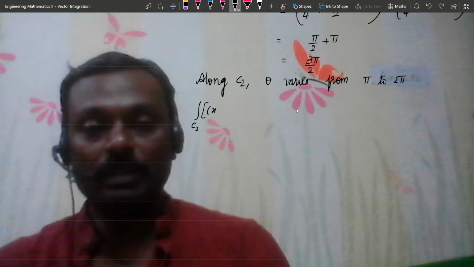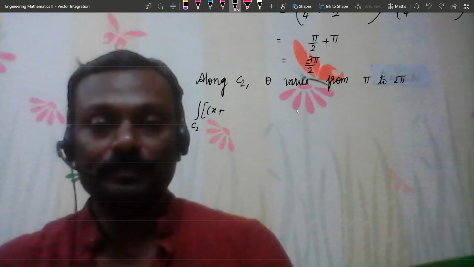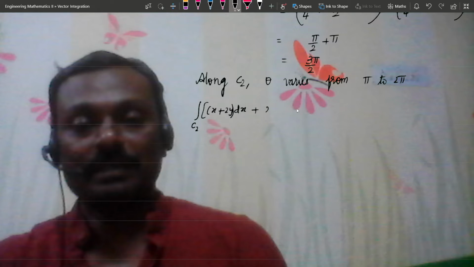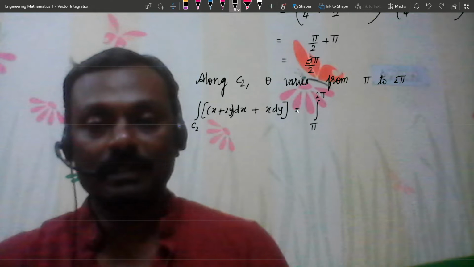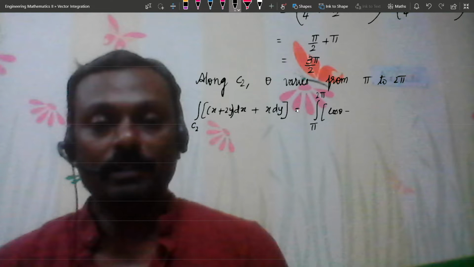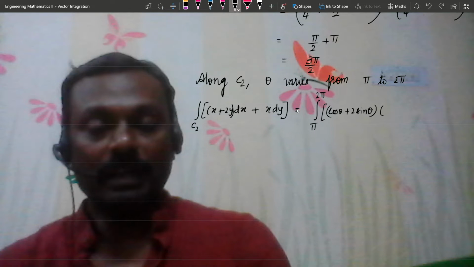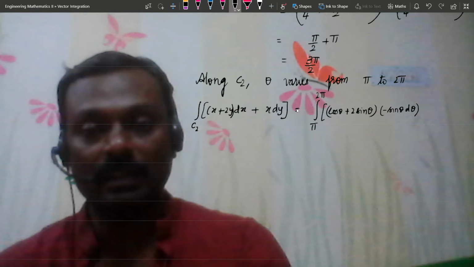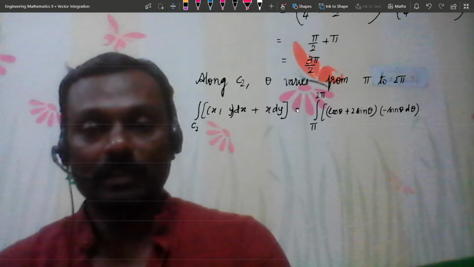So integral over C2 of x minus 2y dx plus x dy, it should be x minus 2y, mistake over here, let's leave it. I am now converting into polar coordinates, we give x is equal to cos theta, y is equal to sin theta, dx is minus sin theta d theta, and dy is cos theta d theta. So plugging in all these substitutions